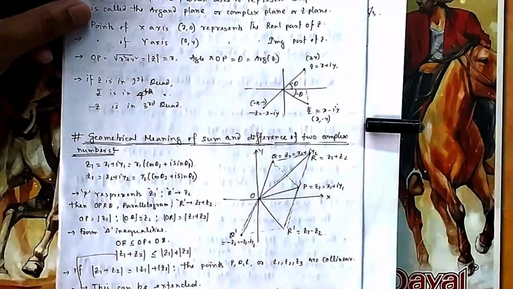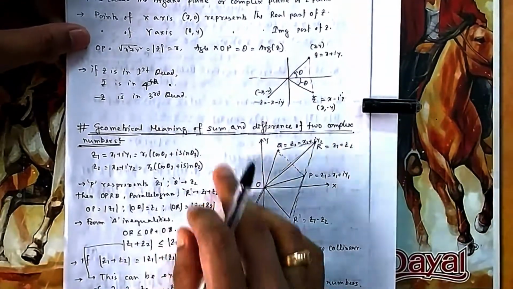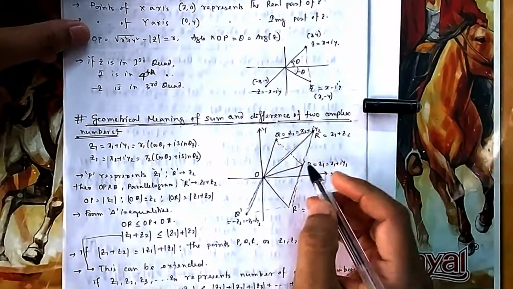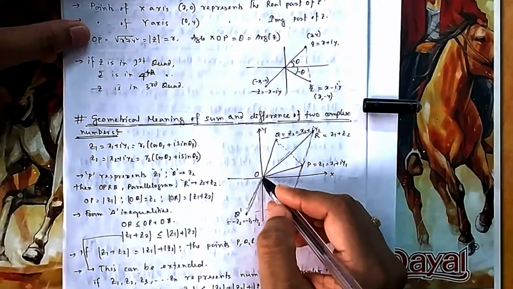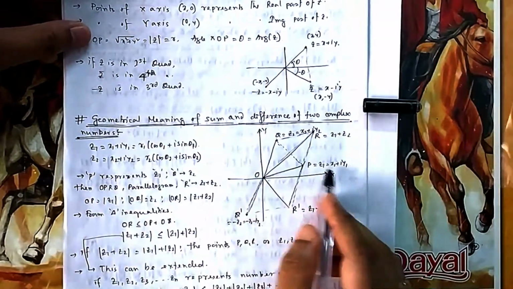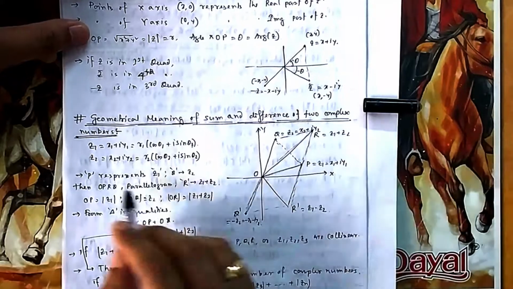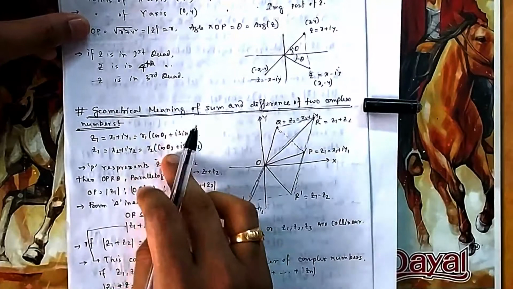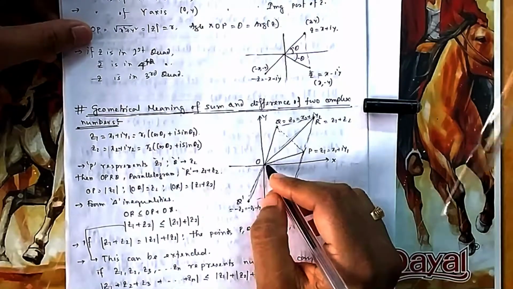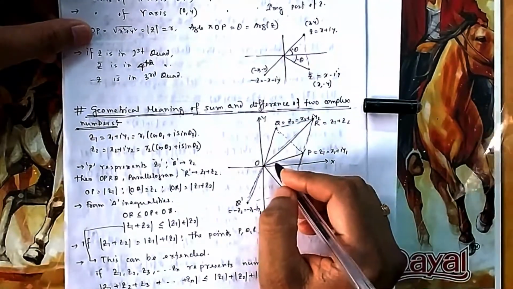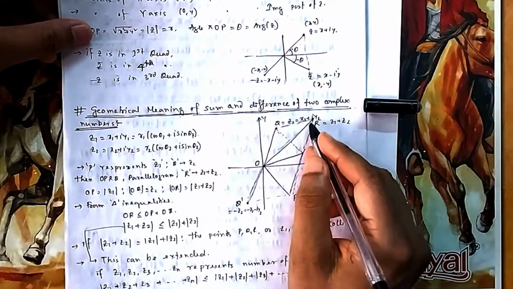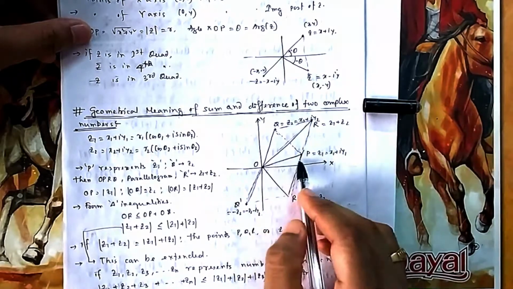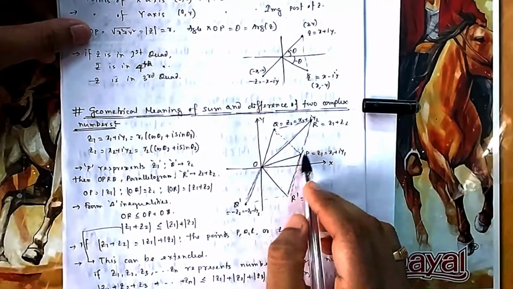Now what is the geometrical meaning of the sum and difference of two complex numbers? Suppose you have a complex number z1, this is your z1, suppose this is your z2. z1 is x1 + iy1, z2 is x2 + iy2. Now if you add these two, this is r1 cos theta 1, then r2, you can write it in polar form also. So if you add these two, this plus this, you know vector addition, so this will be your resultant. You can also feel it, your x1 and x2 will be added. So how much distance it is going, it will also move that much distance.